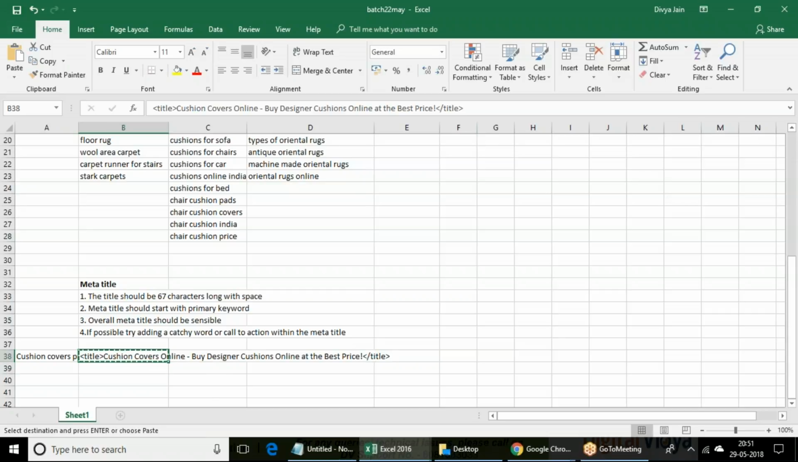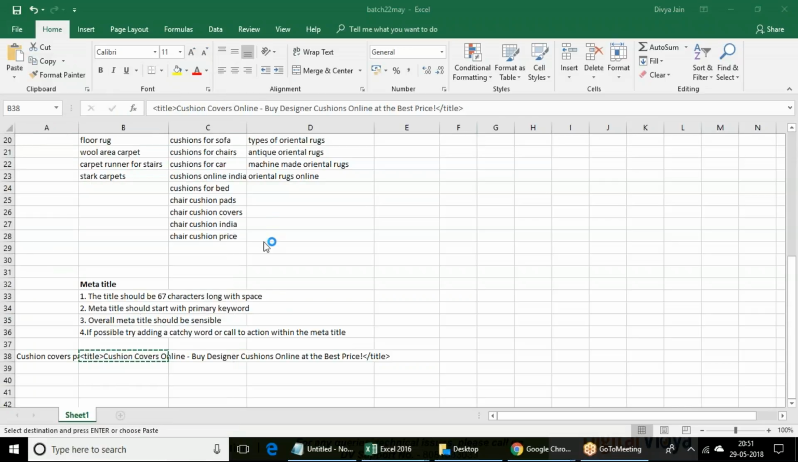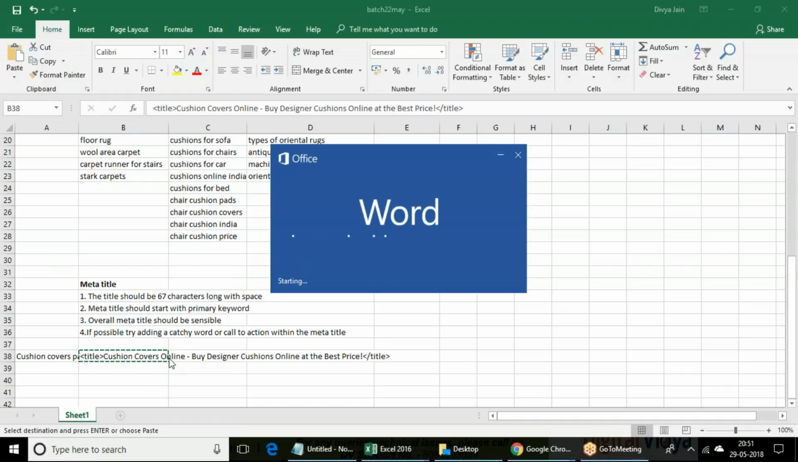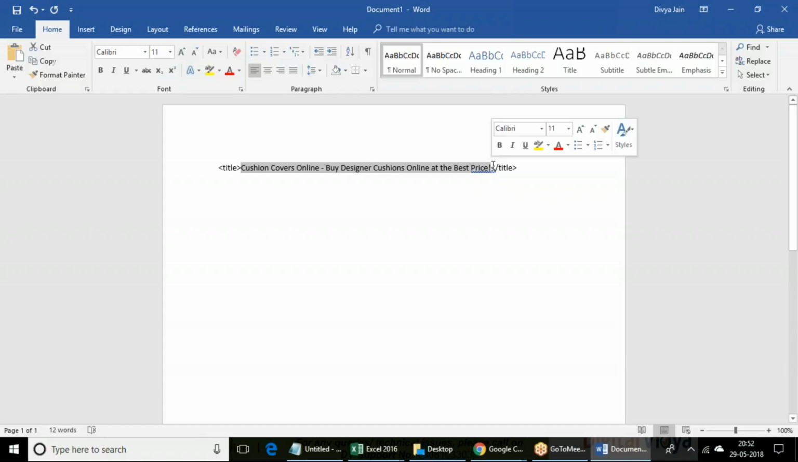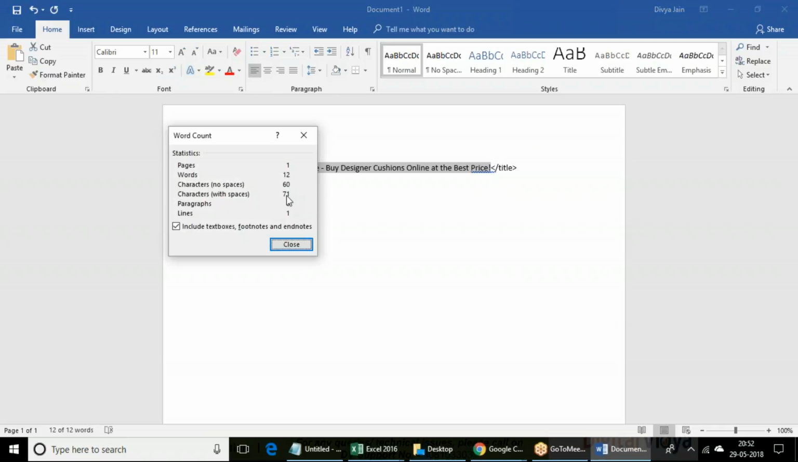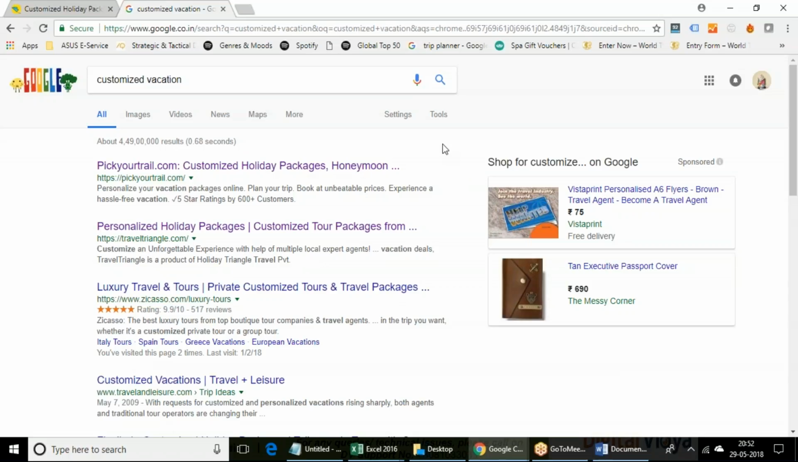Now I have to check if my title is 67 characters long or not. The call to action is buy. Buy at the best price is my call to action, Chaitanya. So I'll check the character limit of my title. It is 71 characters with spaces, right? So why did I ask you to write the title within 67 characters? What is the reason? Because Google shows